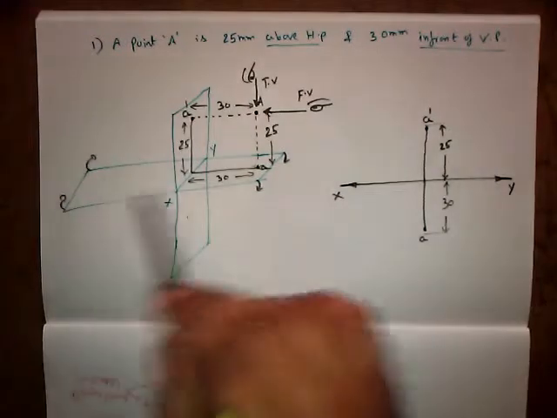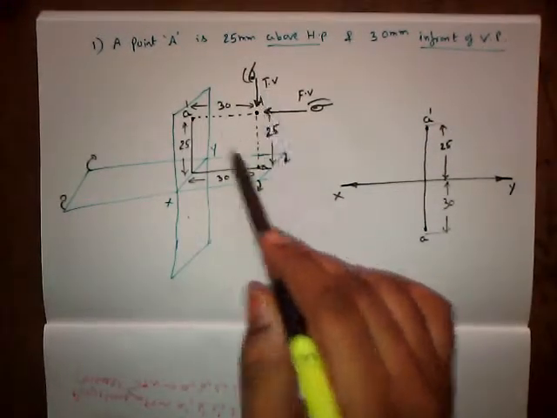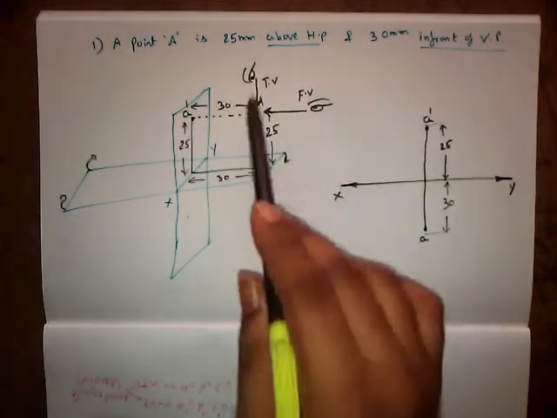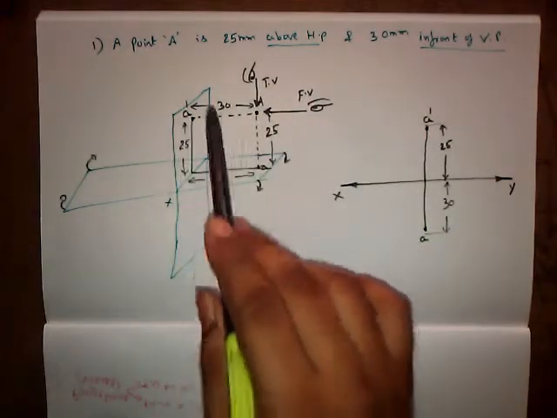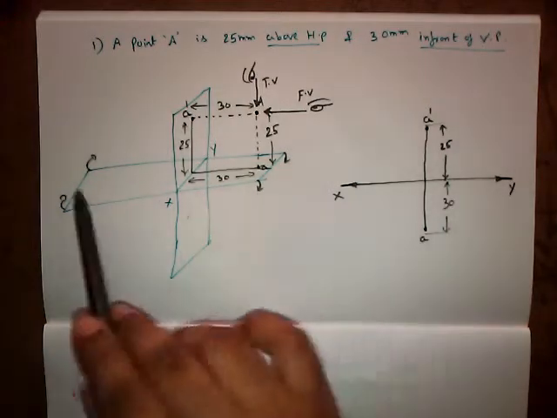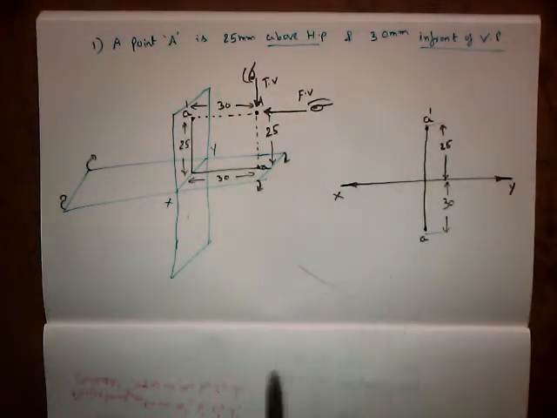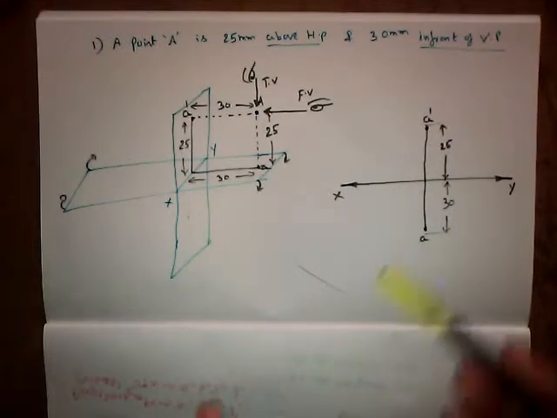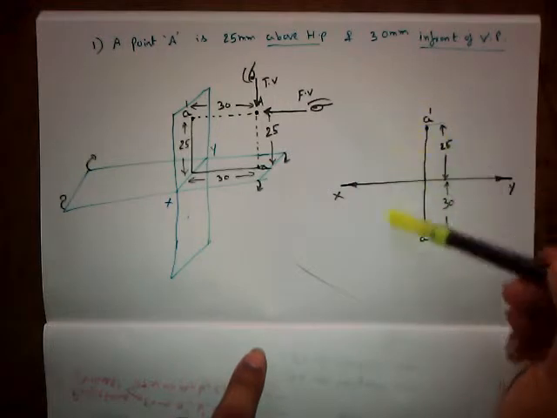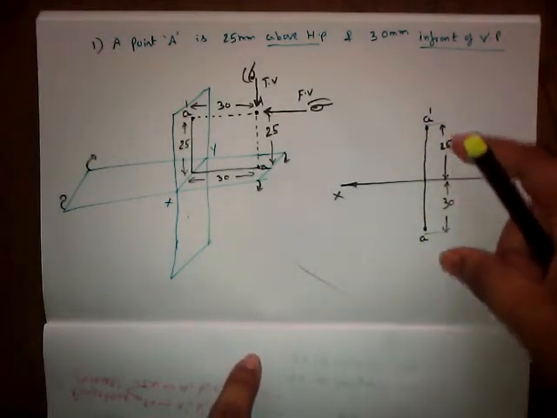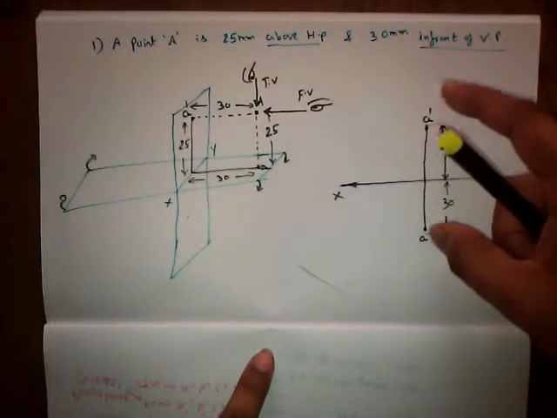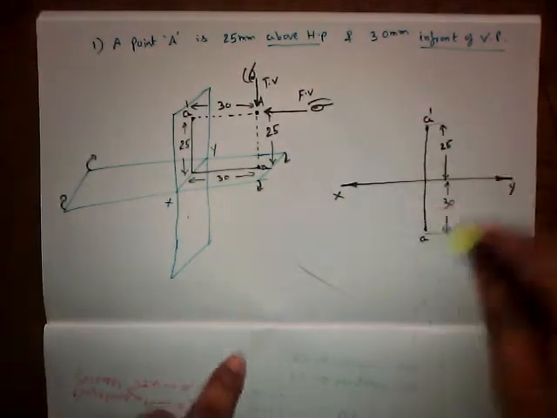So draw the planes, then designate the point in which quadrant it is going to lie, mention the distances, see the front view and the top view in horizontal and vertical way, mention the points, and finally rotate the horizontal plane and draw it on the paper. Right guys, and this a dash, a is known as a projector. So the projection of a point, that is the front view and top view as a combination of a particular point, is known as a projector. So let us go for the next question.